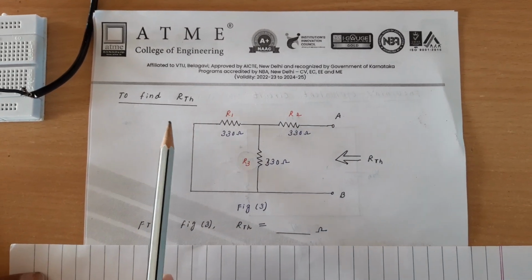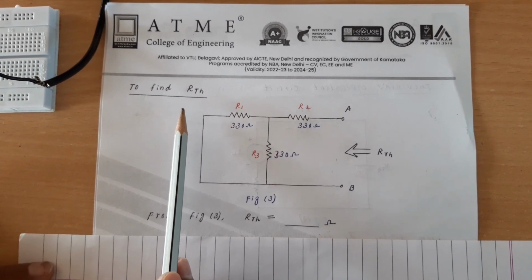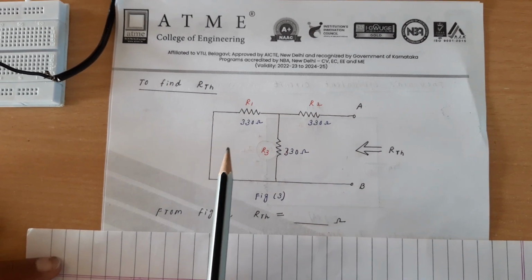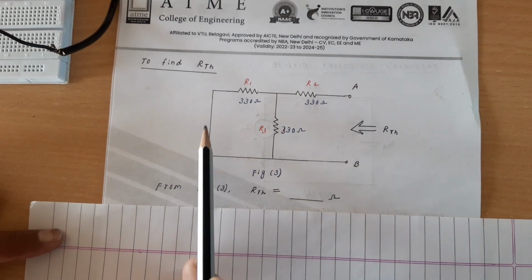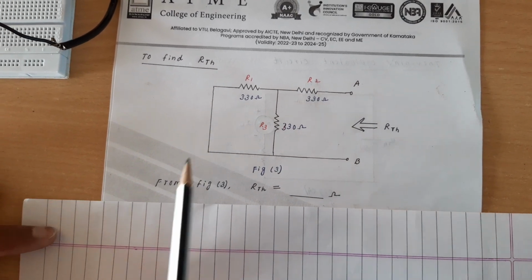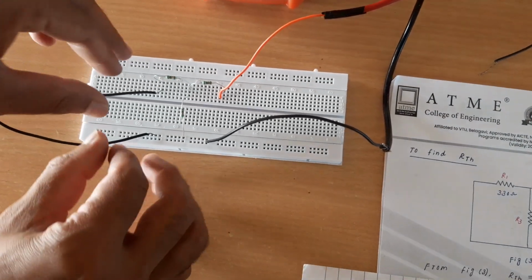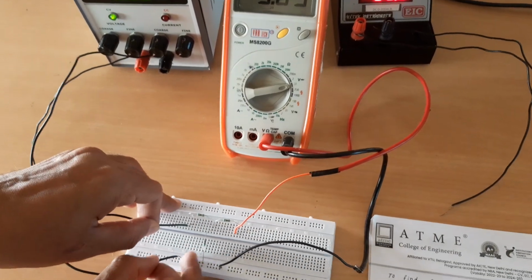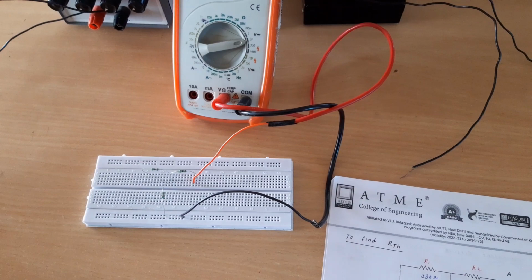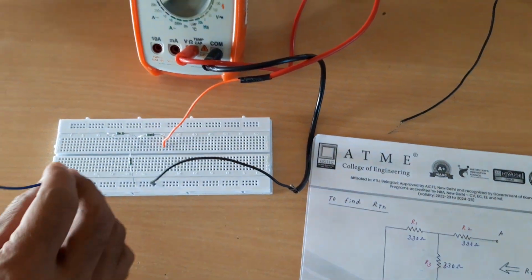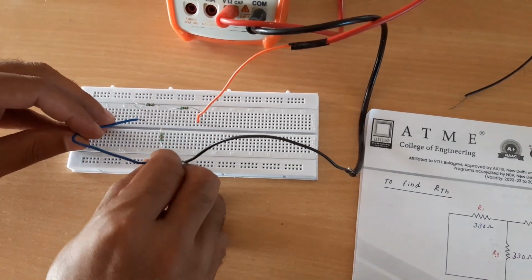Now the next step in Thevenin's theorem is to find RTH, that is Thevenin's equivalent resistance. The procedure we are supposed to follow to calculate RTH is to turn off the independent sources. So I am removing the voltage source V, which we have connected here. I will show it in the diagram. Here I have connected V1. I am removing this one and switching it off. Then the points where I had connected V1, I am short circuiting.